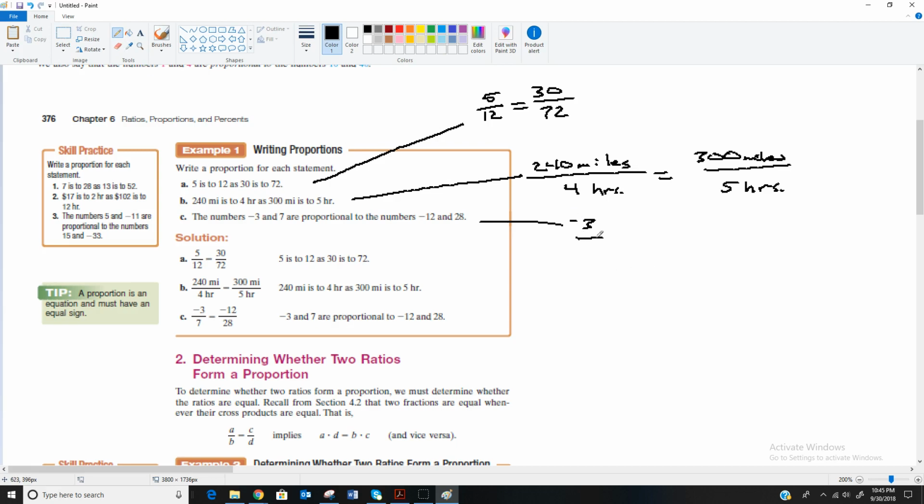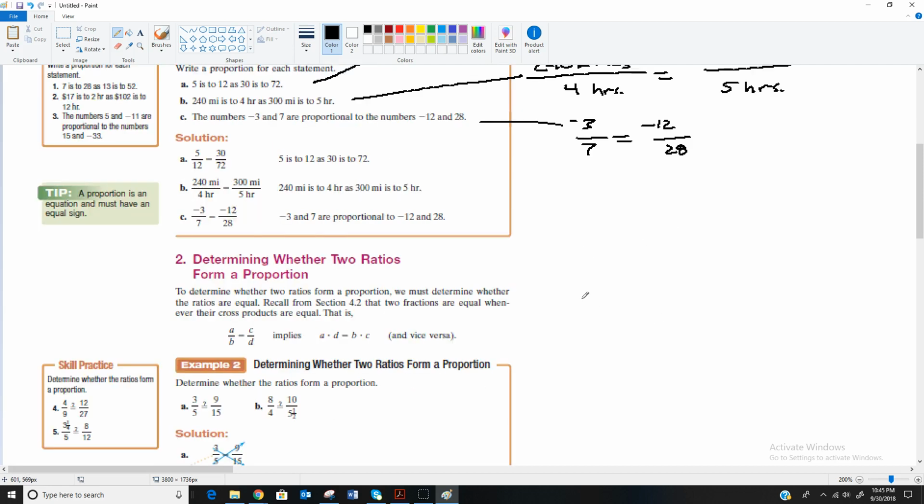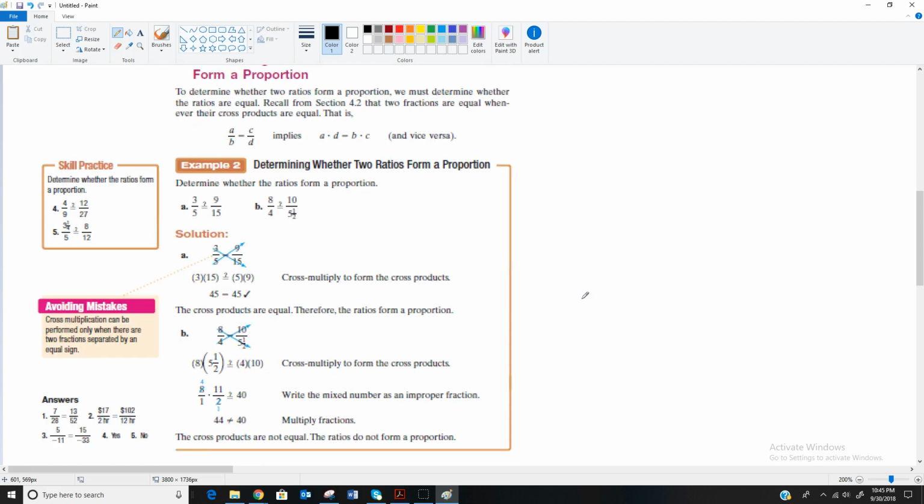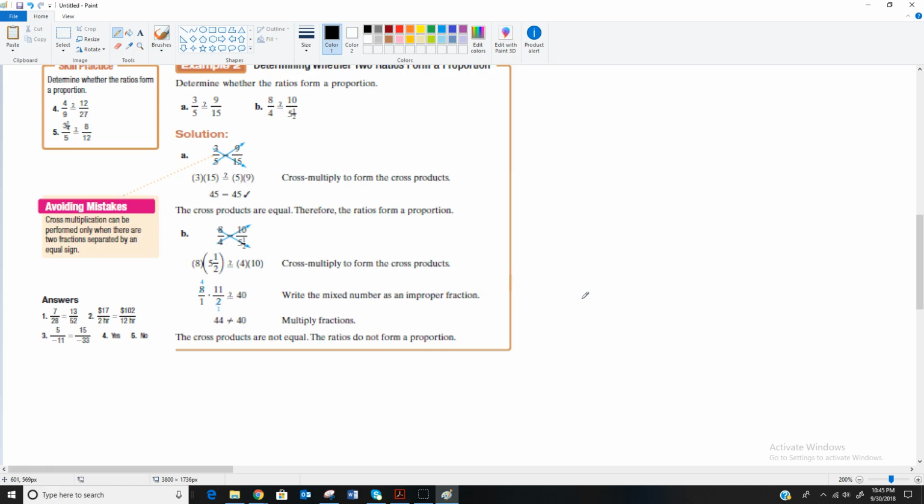-3 is to 7, or -3 and 7 are proportional to, just written a different way, the numbers -12 and 28. So in other words, -3 to 7 is the same as -12 to 28. So now if we want to know whether two ratios form an equivalent proportion, we should be able to cross